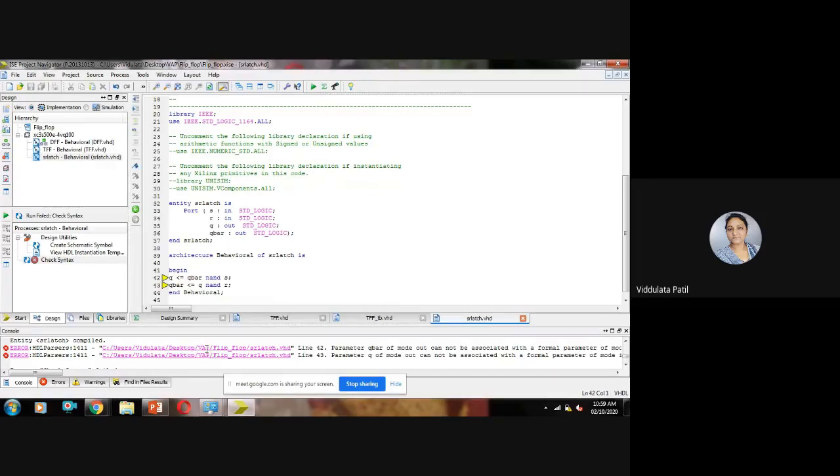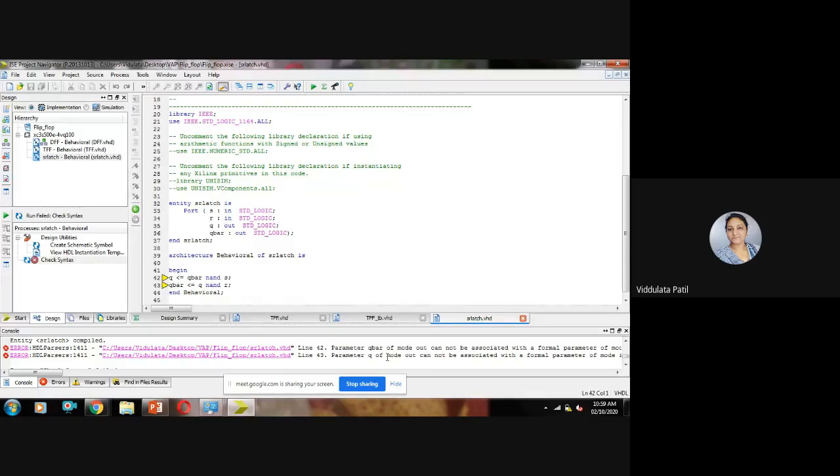So what is the error in these two? Can anybody read out? Parameter Q bar, this is an error at line 42.